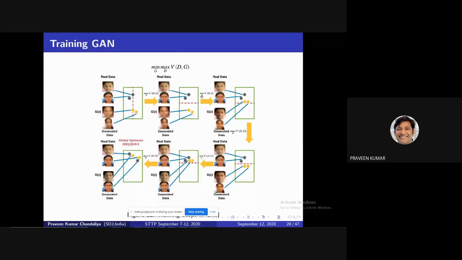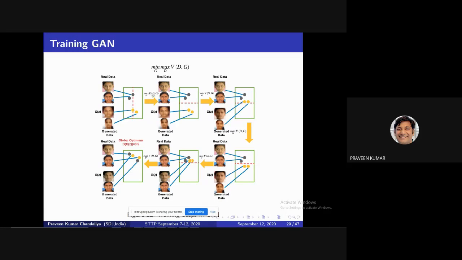This way, this is the layout of a simple diagram. This one has real data, this one has generated data. These are the sampling points of our data set. Yellow is related to generated data and gray is related to real data. The discriminator and generator are trained one by one. First the discriminator is trained, then the generator is trained, then the discriminator is trained a second time, then the generator again.